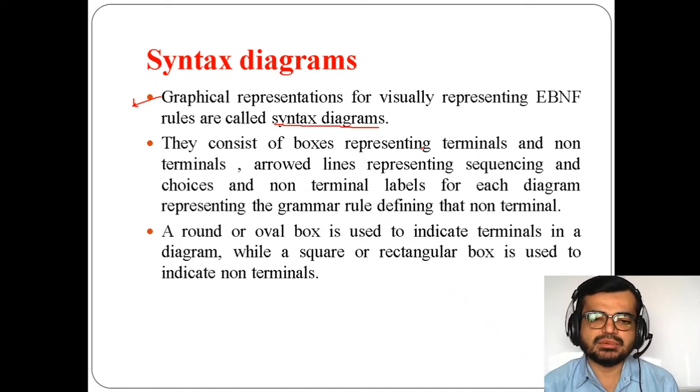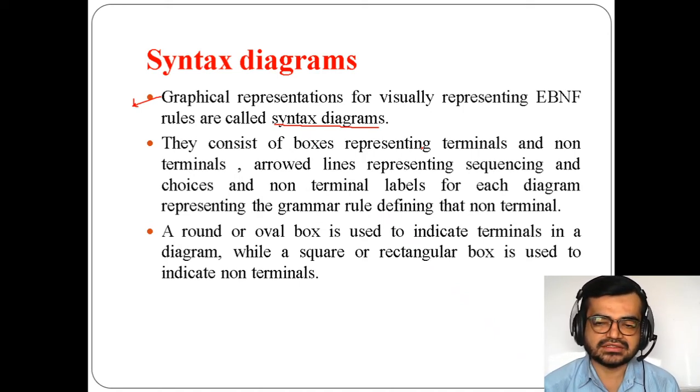As you know, EBNF contains a set of terminals, a set of non-terminals, and productions. A production lets you know how a non-terminal is going to go with either a terminal or a non-terminal.